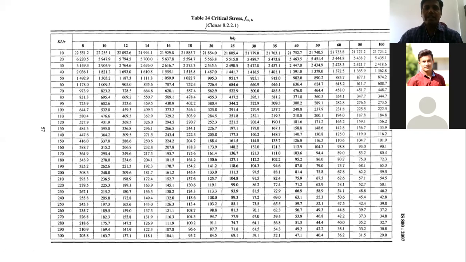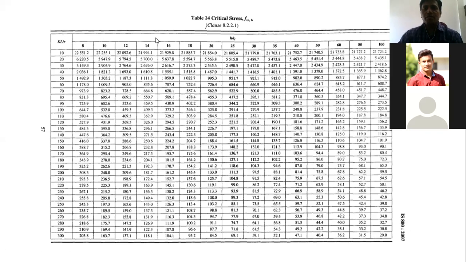That is the slenderness ratio. What is K? K is a factor depending upon the support condition, again whether it is fixed, simply supported, or hinge. What is L? It is the unsupported length of the beam. And what is R? That is the minimum radius of gyration. Always remember this R value will always be R minimum.